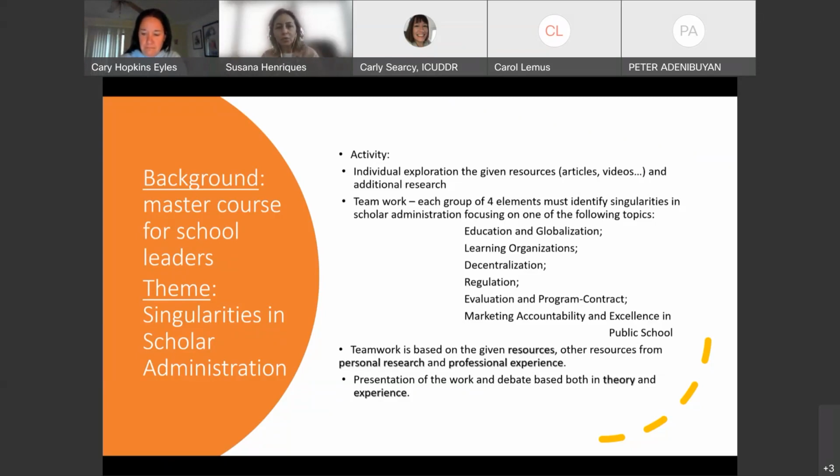Each group had one of these topics. And teamwork is based on given resources, the first ones that I referred, other resources from personal research, and professional experience, because all of them actually work in schools,